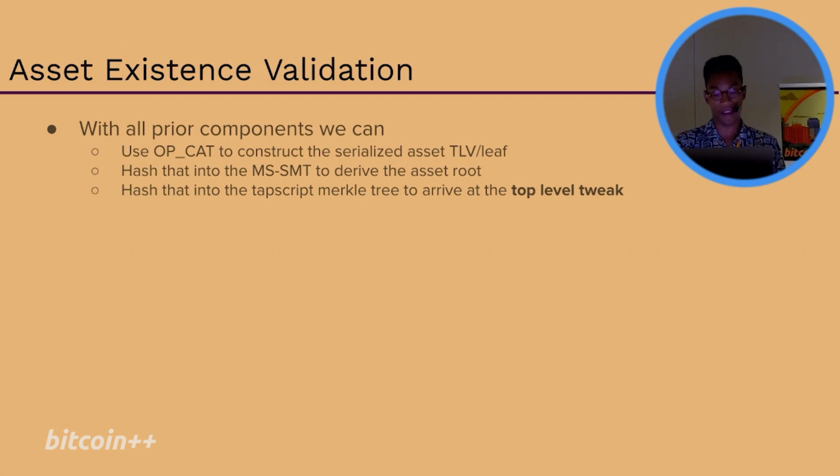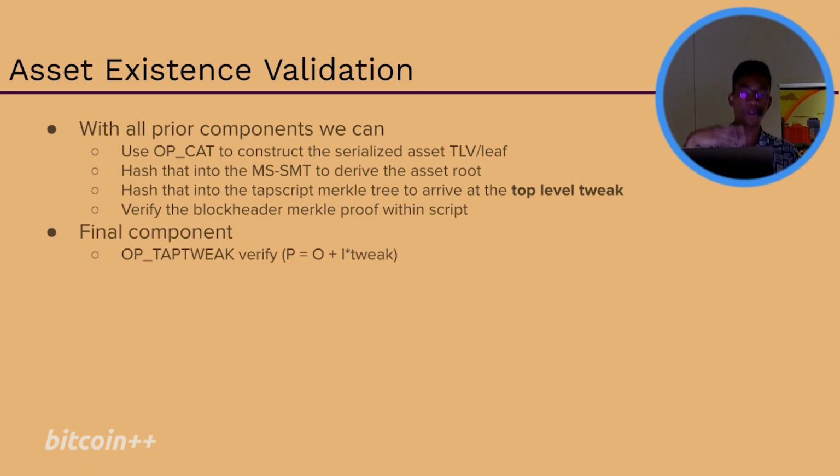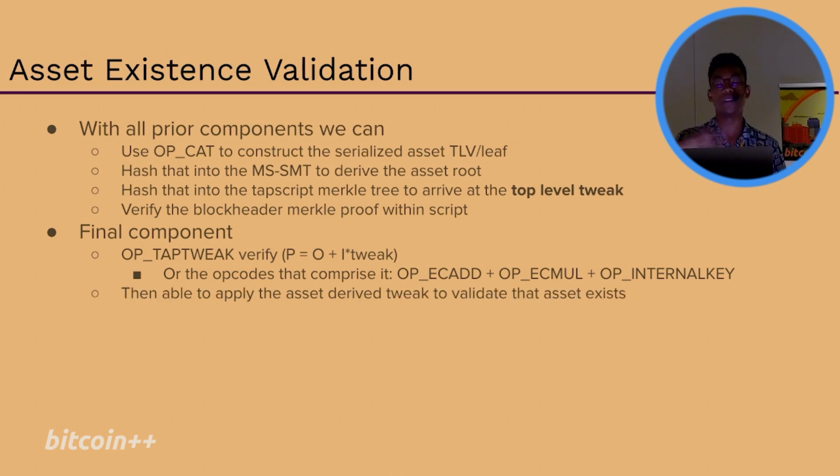And now at that point, you have what should be a valid Taproot output, then you can continue on the way up and actually do Merkle header validation within the script itself. But we do need a final layer. We basically need some sort of opcode to verify, effectively what something like OP_CHECKCONTRACTVERIFY, CCV, does itself. Because once you have that tweak, you need to be able to verify that the output matches that value, right? And this is sort of the existence. Alternatively, you could break it down into components, like something like OP_EC_ADD, EC_MUL, and OP_INTERNALKEY, to be able to verify the two components. But you need something like that itself, right?